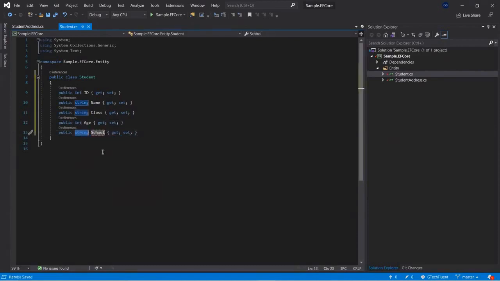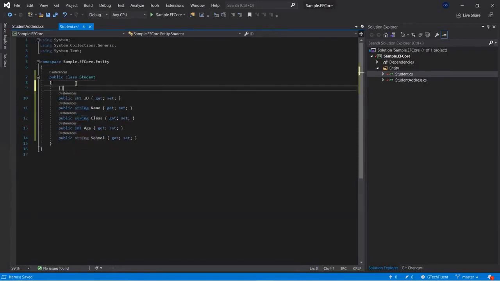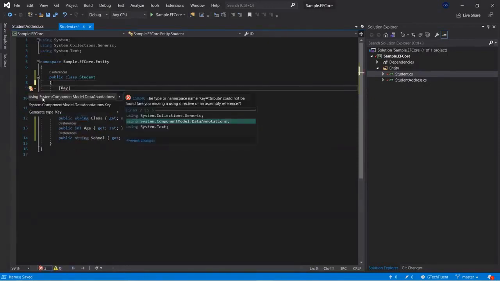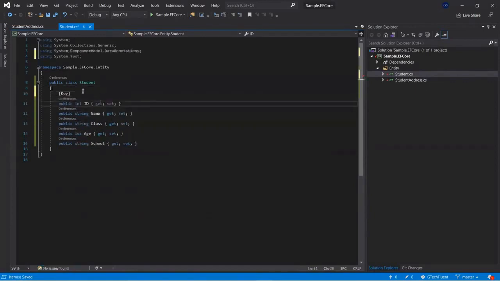For our table, the ID needs to be the primary key column. To make the ID a primary key, we need to use the attribute Key, which is inside System.ComponentModel.DataAnnotations. So using that, our ID will be marked as a primary key.